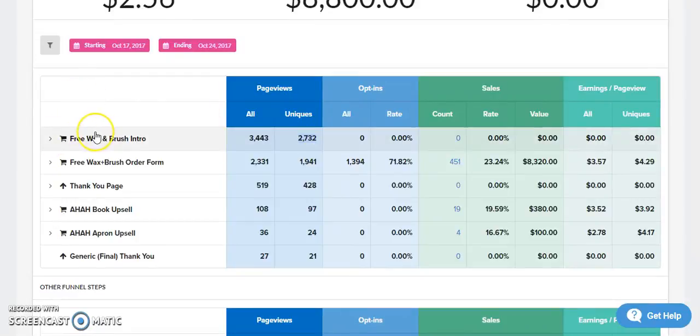So this first page was an intro video, features and reviews in the form of social proof that showcased the product, showcased what they're getting, which was a free furniture wax and free paintbrush to use along with that as a combination. Now, out of those 2,732 people, only